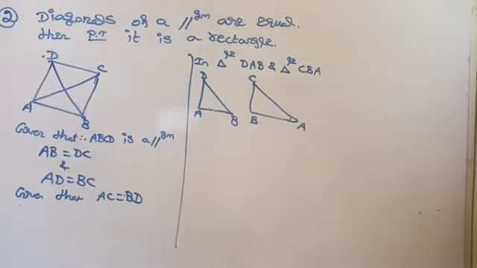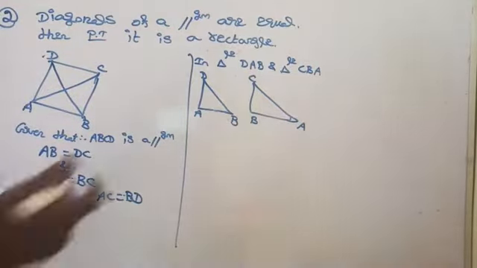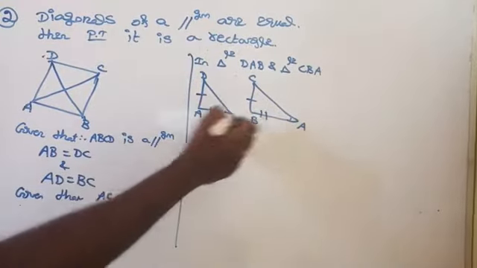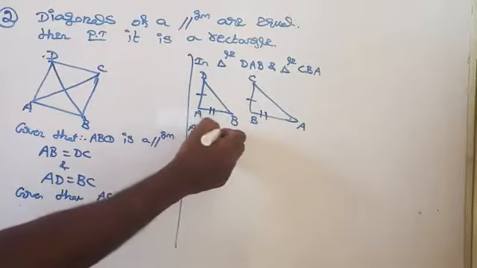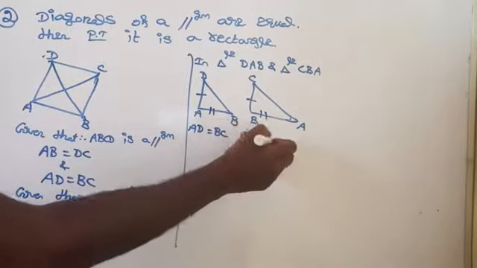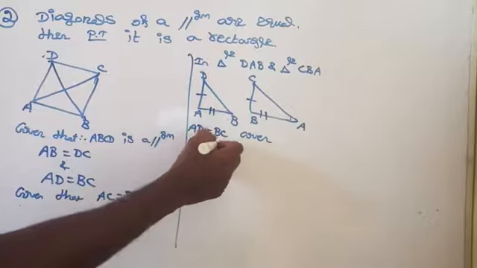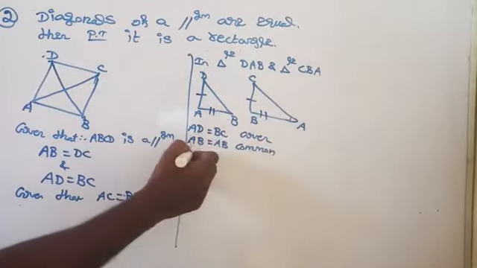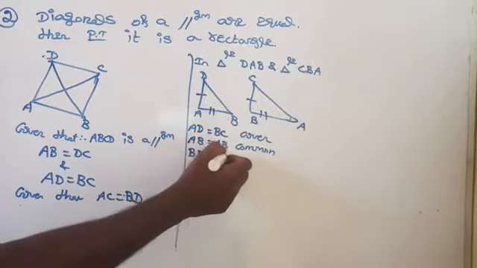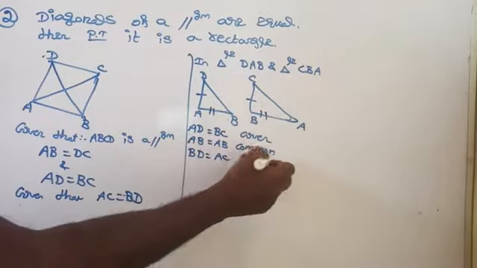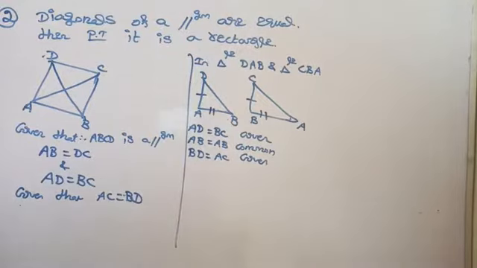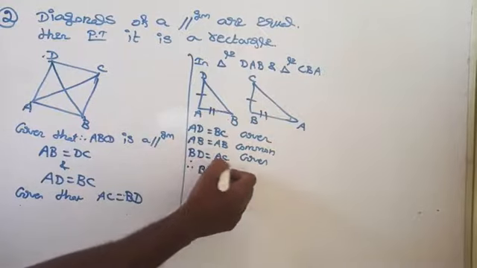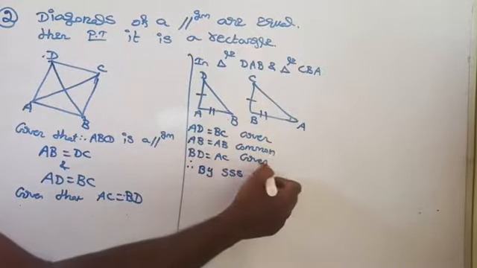Then after that, AD equal to BC, it is given for you. And AB equal to AB, common. Then BD equal to AC. It is also given that the diagonals of a parallelogram are equal. Therefore, by which congruence rule, dear? By SSS congruence rule,